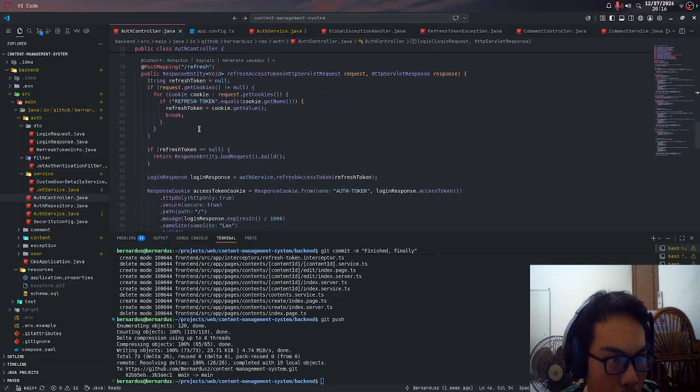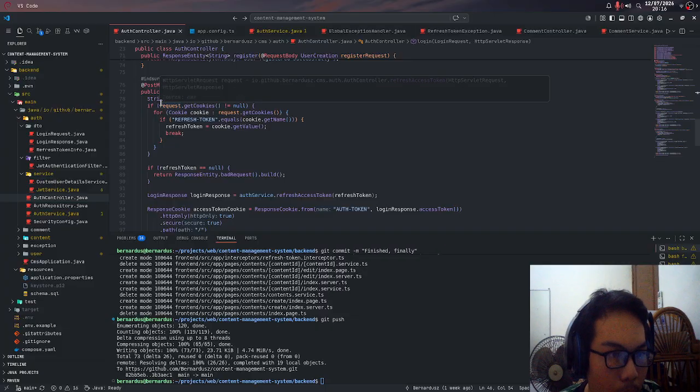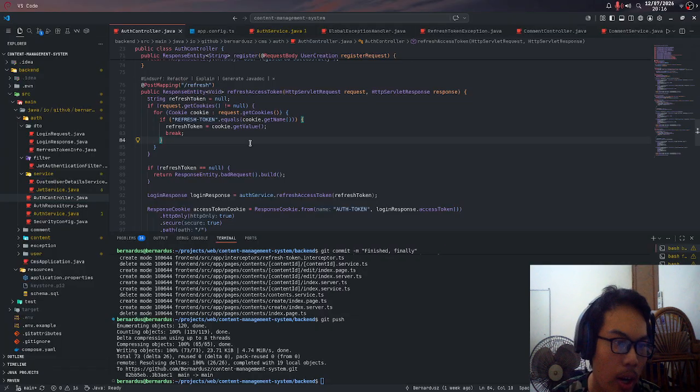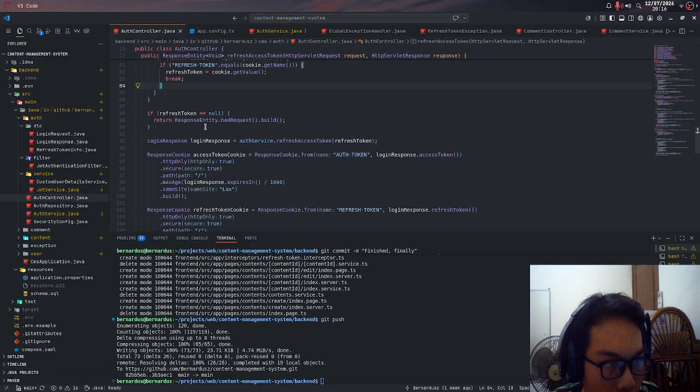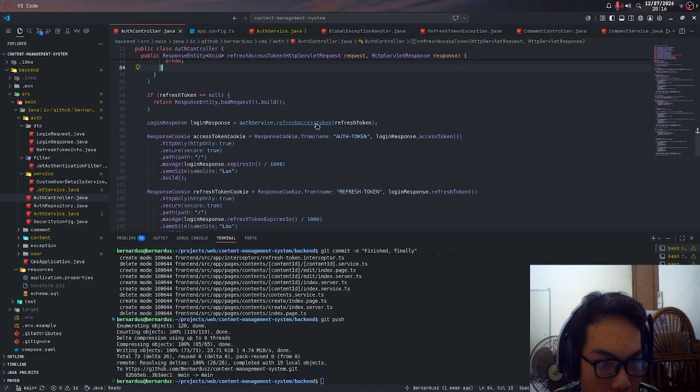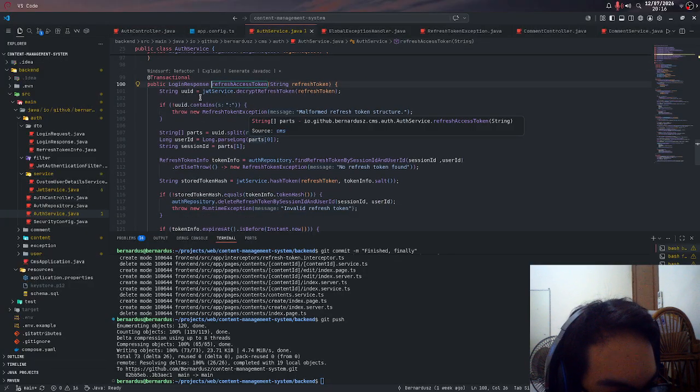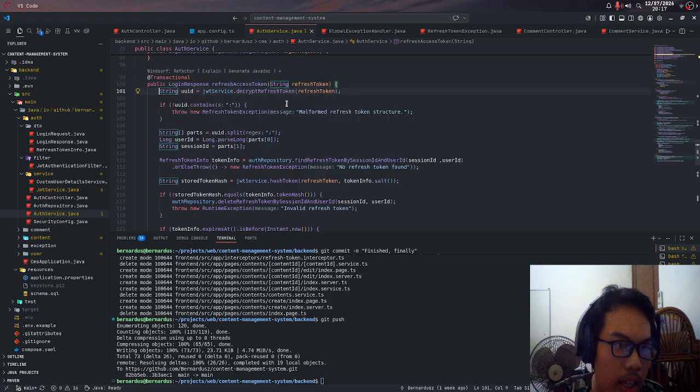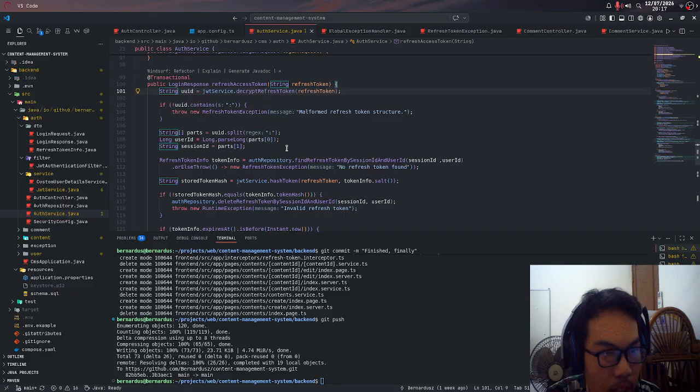So the refresh will hit this endpoint. Since every single request will send over the refresh token, we just grab the refresh token and we check, is it null? If it is null, then we skip. But if it is not null, we immediately decrypt the refresh token, and we take the user ID, and we take the session ID, and then we find a similar refresh token in the database. If it exists, we hash the token again,